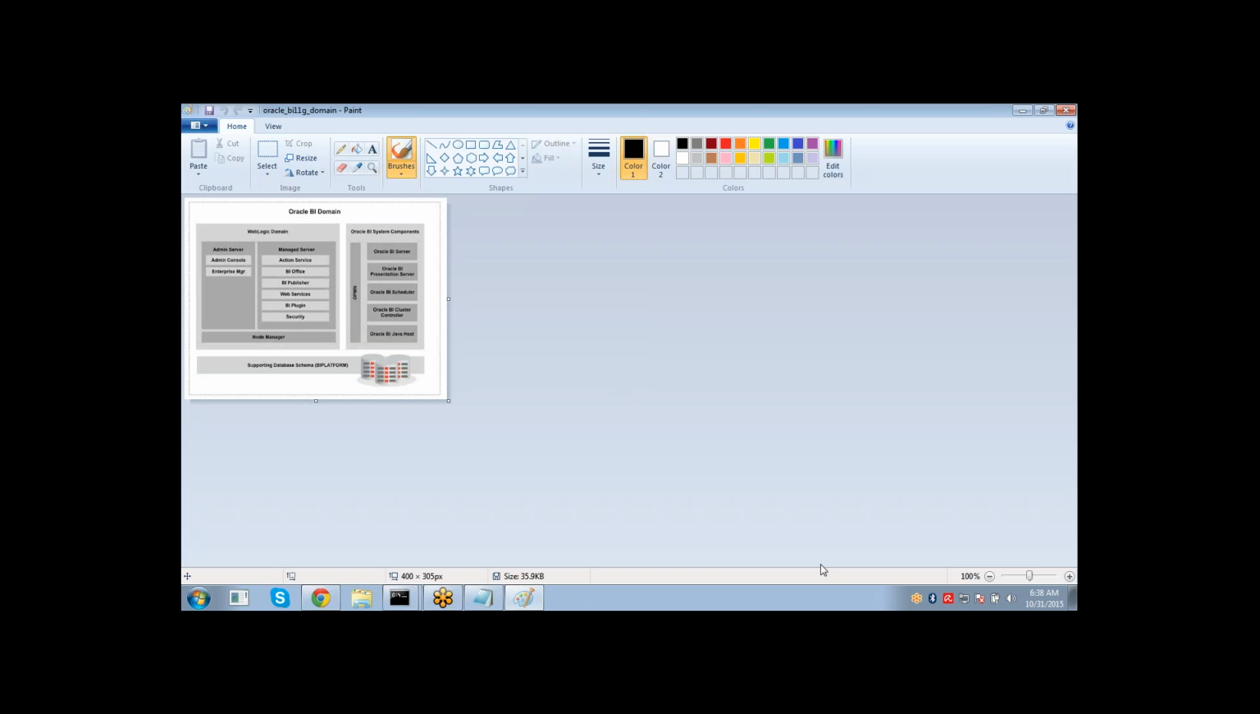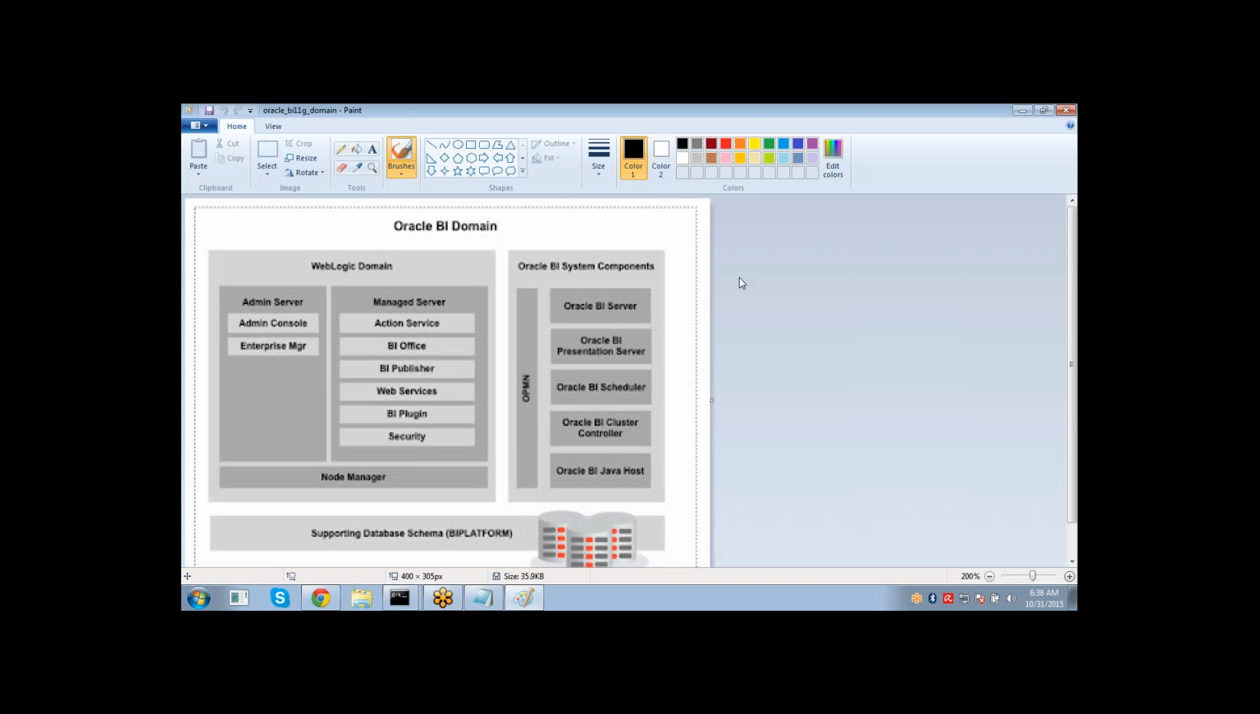Okay, here is the architecture of OBIEE. In this OBIEE architecture, in the 10G version of OBIEE, we can have these components only: the BI Server component,